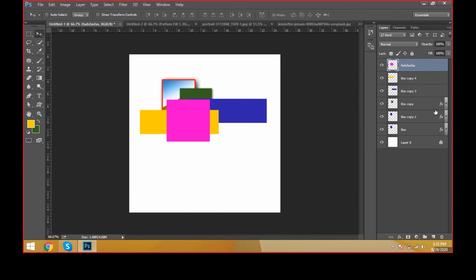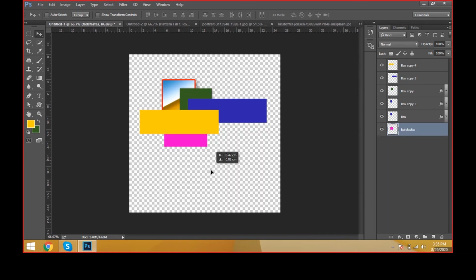Then select this one. We are pressing Control left bracket for backward. Just hold Control Shift left bracket to send the layer backward. See, at a time we can see. And Control Shift right bracket brings the layer to the front at a time.